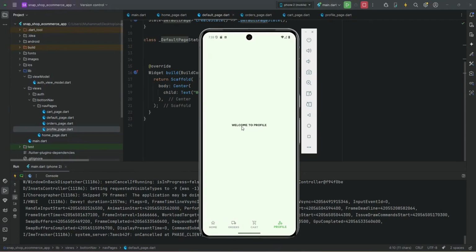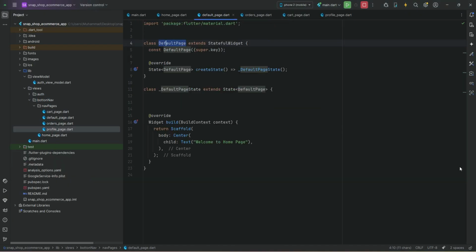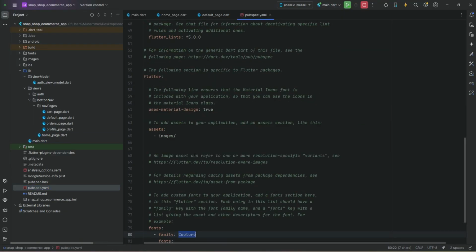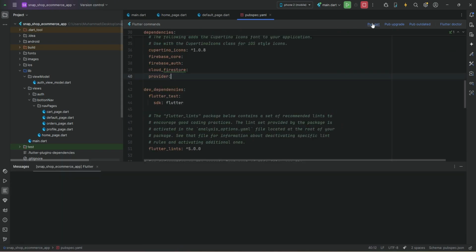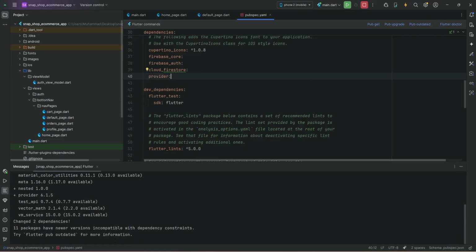We will complete the user interface of the user profile page, for which we need to fetch the user data from the Firestore database. The user related operations we will manage using the provider state management. So go to the pubspec.yaml and let's include the new dependency, which is provider. Click pub get in order to install the provider,